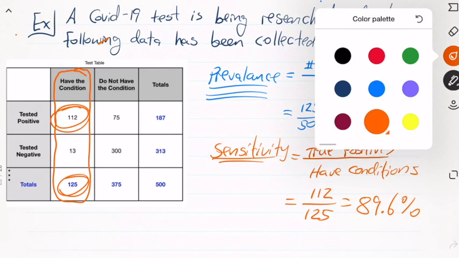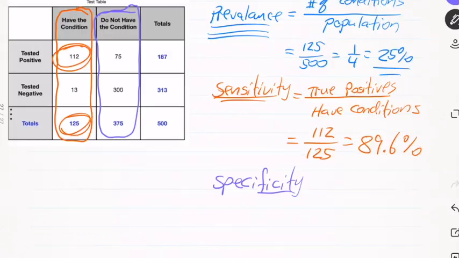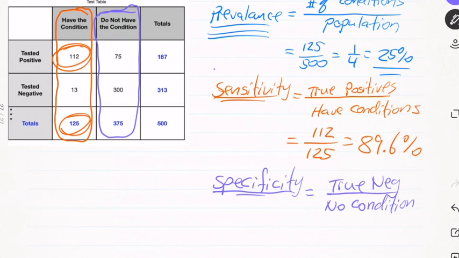One that is similar to it, I'll do it in purple, is this column. And if we look at this column, it's called specificity. Again, if I misspell these words, forgive me. Now, specificity is true negatives divided by no condition, all those that do not have the virus. So the true negatives in this case are 300. And we're going to divide that by all the